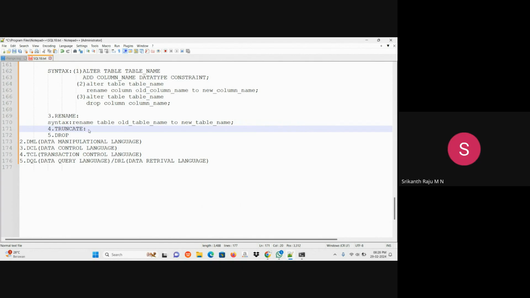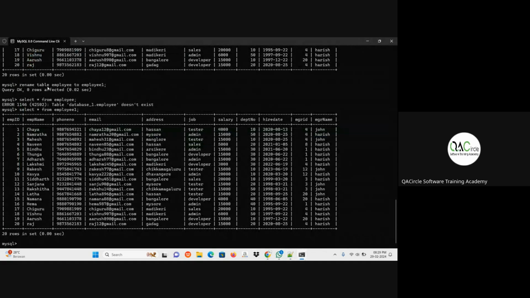I just gave the example for you here. I have changed the table name, right? If you give the older table name only, you won't get the table. You will get an error. If you give the new table name, then only you are going to get your table.